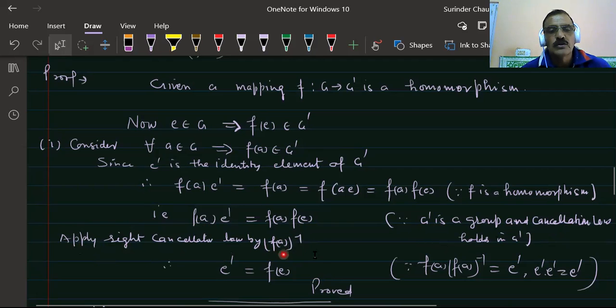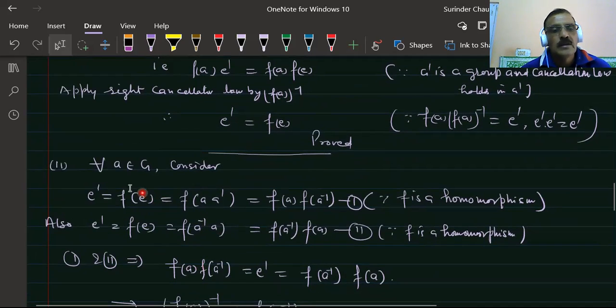So f(a) inverse into f(a) is equal to e into e'. e' into e' is equal to e'. So f(a) inverse into f(a) is equal to e'. e' into f(e) is equal to f(e). So this comes out to be e' is equal to f(e). Then using this